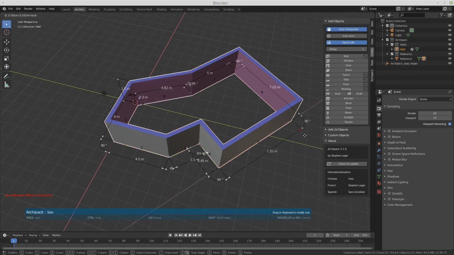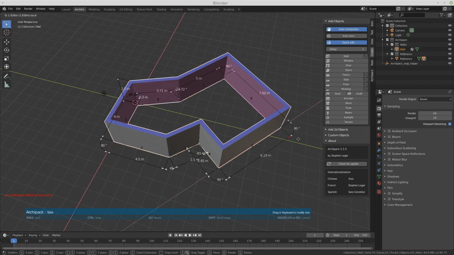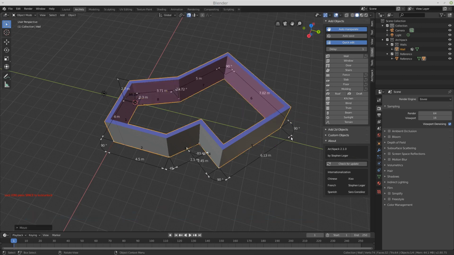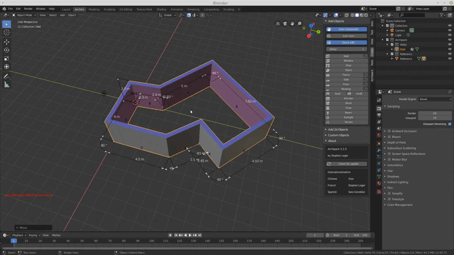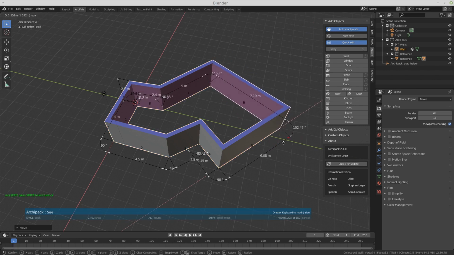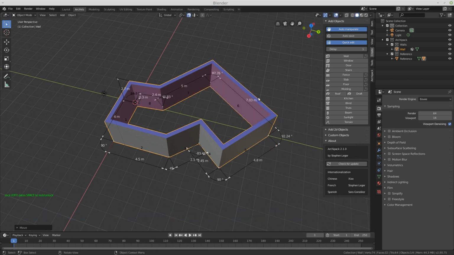Same goes for the size. As you can see, segment 8 simply closes the wall. So unlocking, and then it only affects the neighbors.